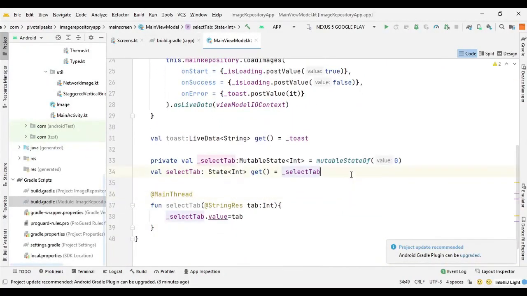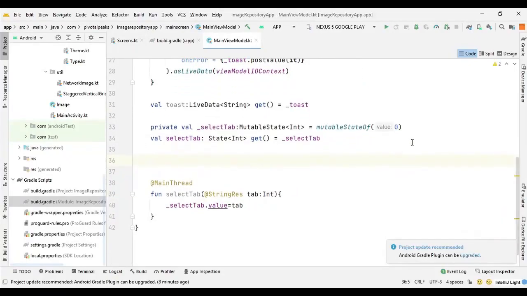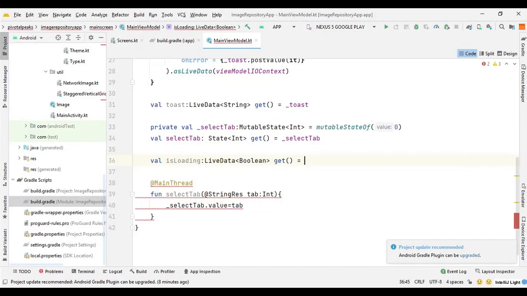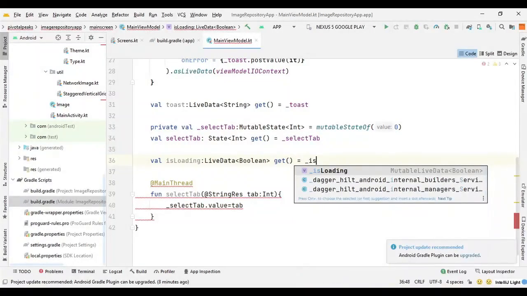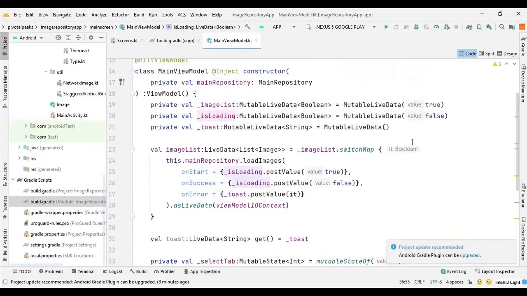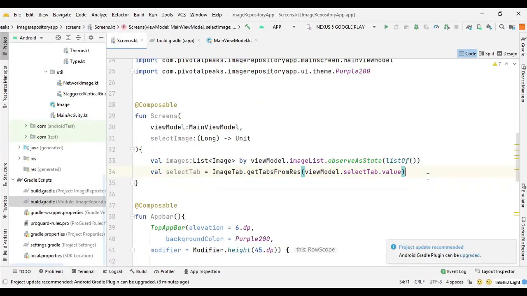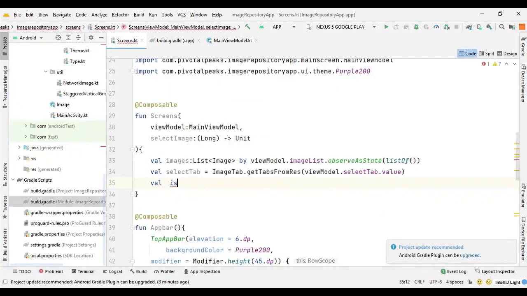So let's create the value for loading, so we can say val isLoading of type LiveData, which is going to be of type Boolean because it's either loading or not loading. Then we need another getter to get the value, and we can set it to _isLoading, the mutable live data.